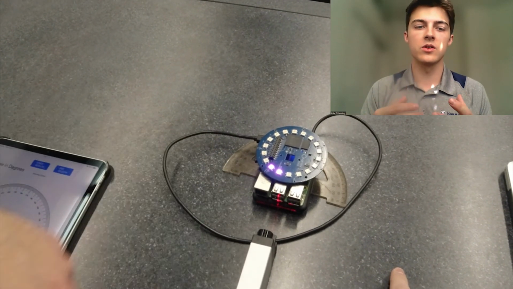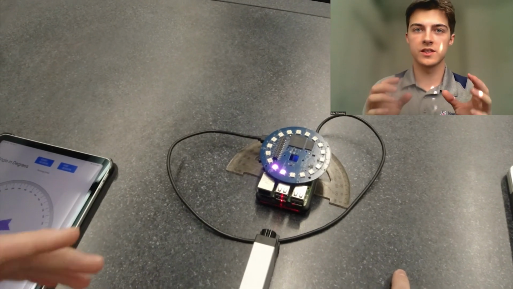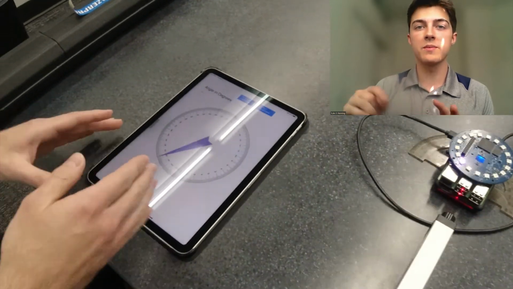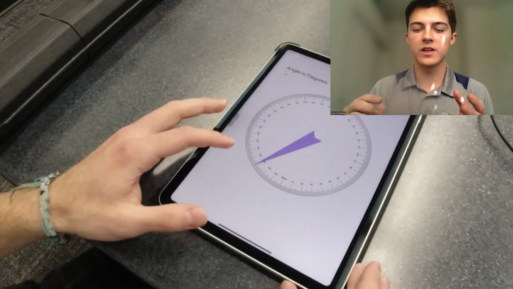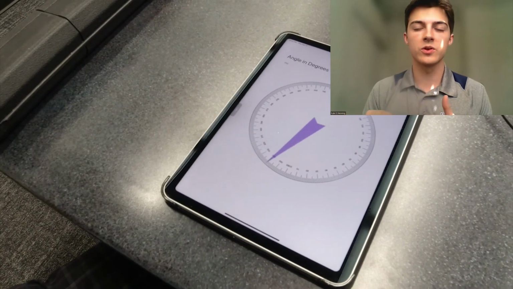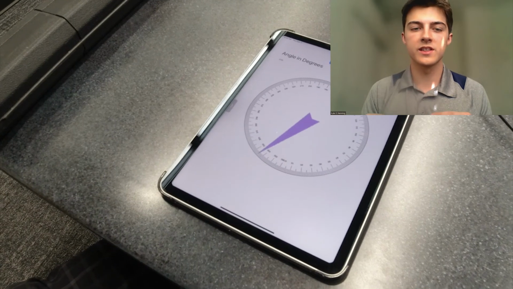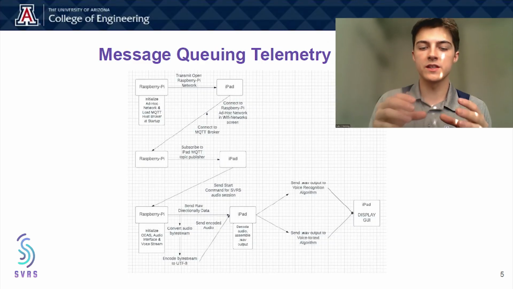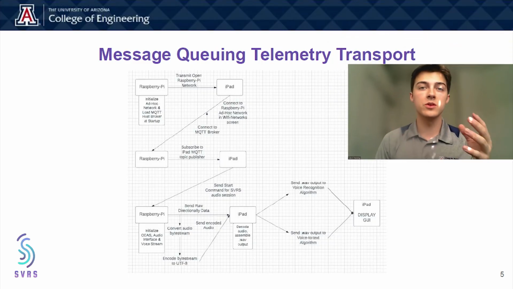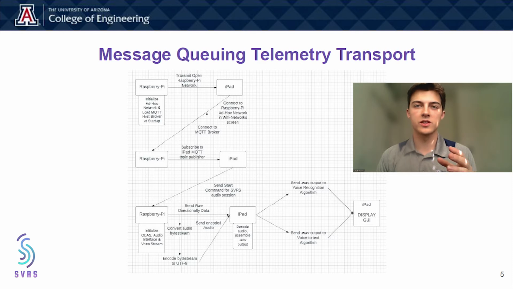When we feed that into the ODAS algorithm, it gives us a relativistic position of where that speaker might be coming from. And it is fairly accurate, given to about plus or minus 5 degrees in one of our testing requirements. And from this information, we can send it via our MQTT server, which is hosted on an ad hoc